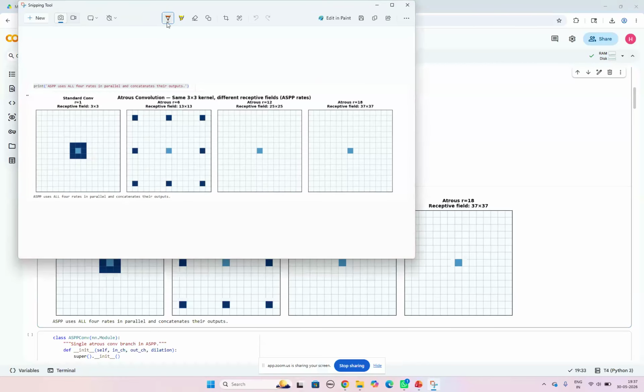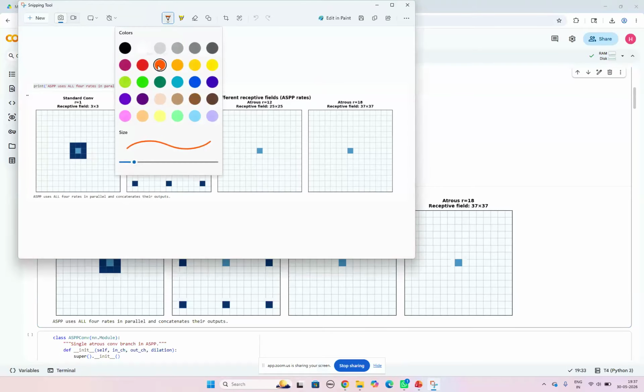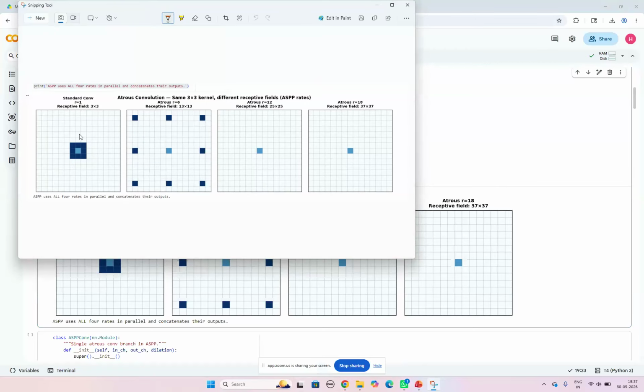Whenever we pass any image, we take 3 cross 3, which is nothing but a matrix of 9 pixels, 3 rows and 3 columns. Then for each and every column and row, we do the convolution, next 3 and next 3, and so on.